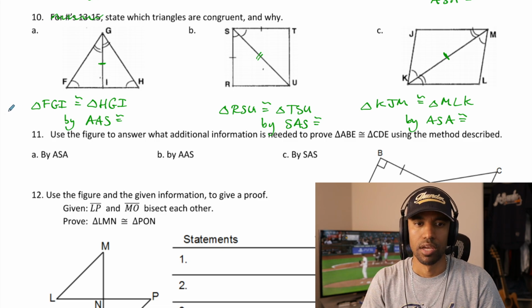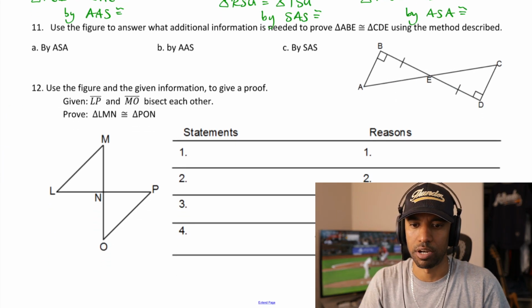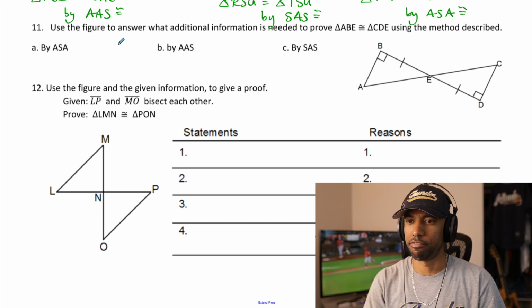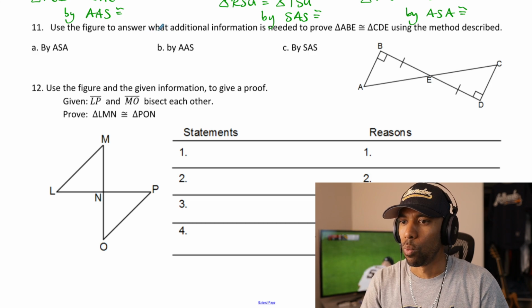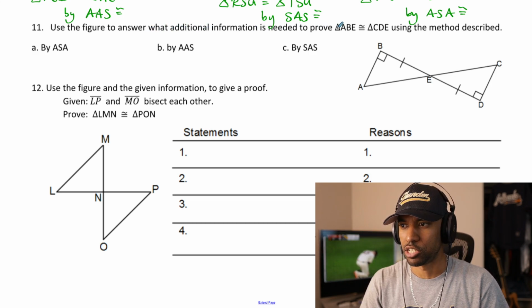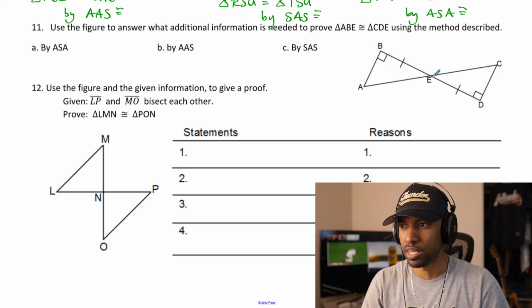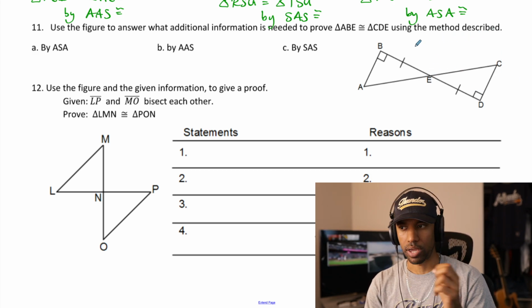All right, two more problems. Numbers 11 and 12. Number 11, use the figure, this figure here, to answer what additional information is needed to prove triangle ABE is congruent to triangle CDE using the method described. Okay, so,